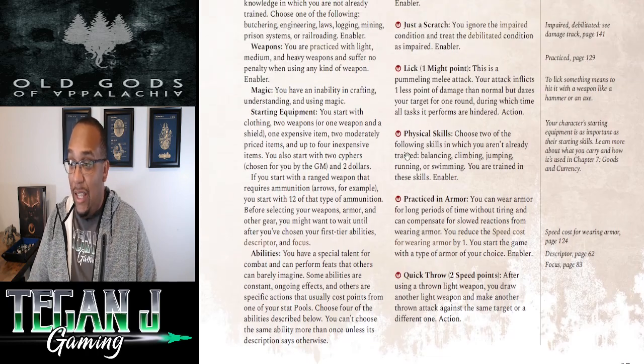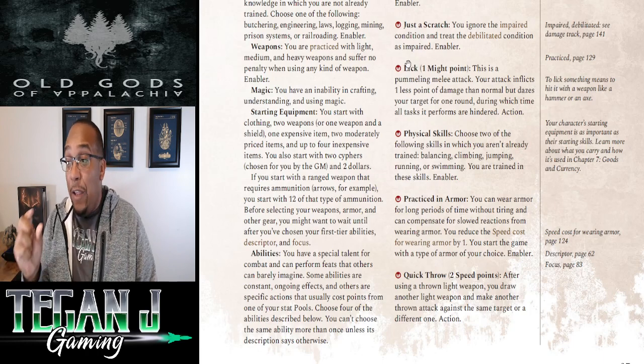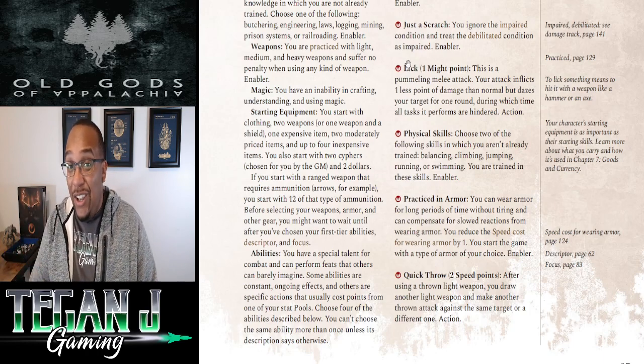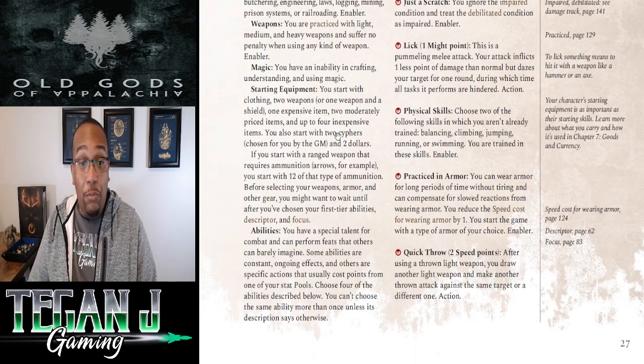And then finally, I wanted him to be a pretty beast in attack mode. So we're picking this one, which allows us to spend 1 might point. If you remember, we took the speed edge, so we have 0 might points. We can do this, but it basically allows us to do a pummeling attack that inflicts 1 less point of damage, but dazes the target for 1 round, which makes all of its actions hindered. So pretty cool there. And then we've built our tier 1